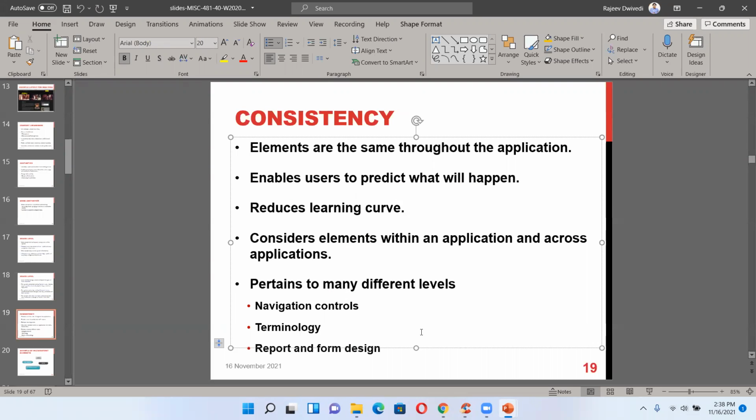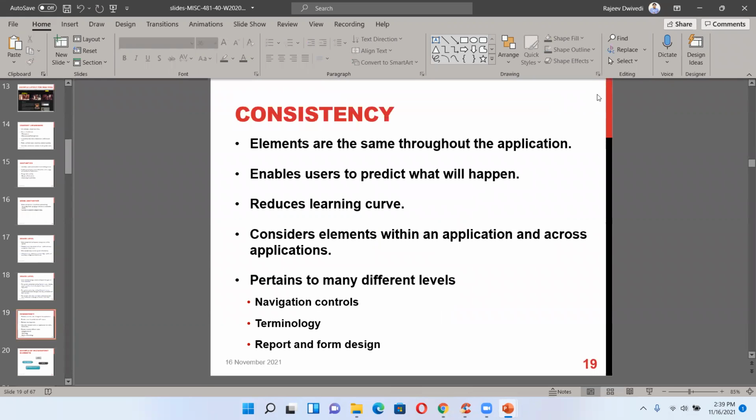Terminology, report and form designs should be very simple so that anyone can use them. If you are going on any e-commerce site, the form is very simple: your name, address, your street address. If you put in your zip code, the city automatically appears there. So basically all the forms when you are buying any product on any e-commerce website are consistent. You will see them marginally different, but many users are familiar with such things.